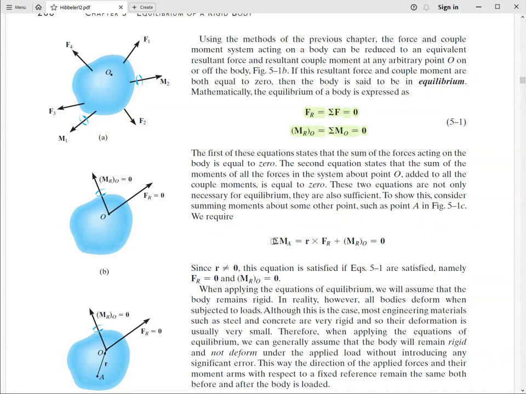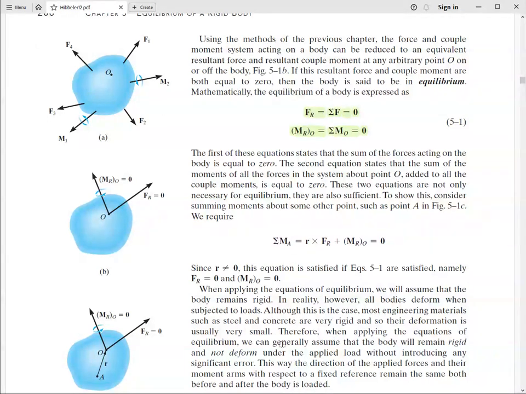So if this second equation is satisfied, if I set up the sum of moments about point A, then I recognize that that's the sum of moments about the initial point O, and then the moment of the resultant about point A. And since this is zero and R is not zero, it has to be zero,